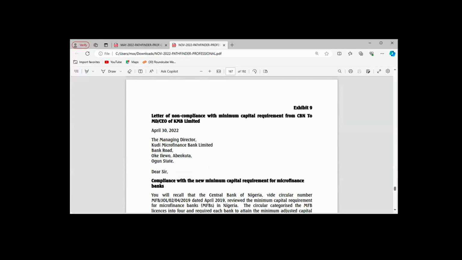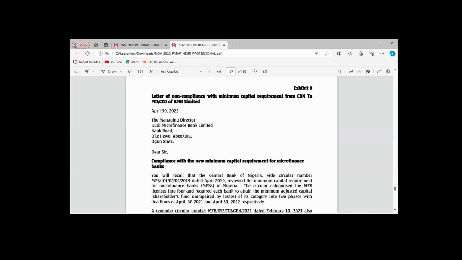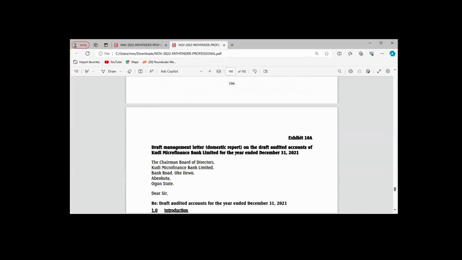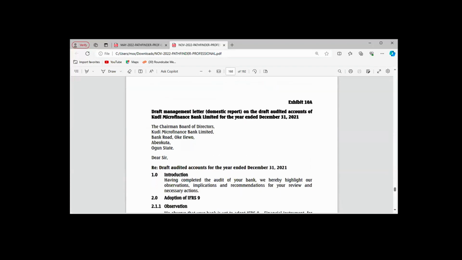And a microfinance bank got a letter from the CBN, the central bank, right? Can you hear me? Yes, sir. Yeah, so they got that letter, and they are not complying with minimum capital requirements of the CBN. That's number one. Number two, as contained in Exhibit 10A, there's a draft management letter on the audited accounts of